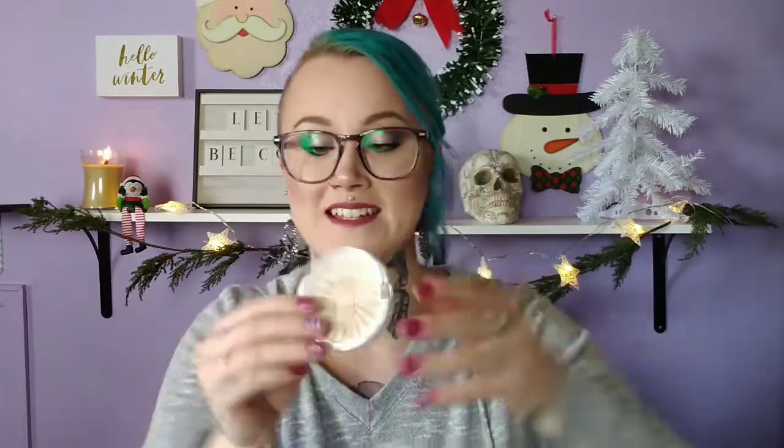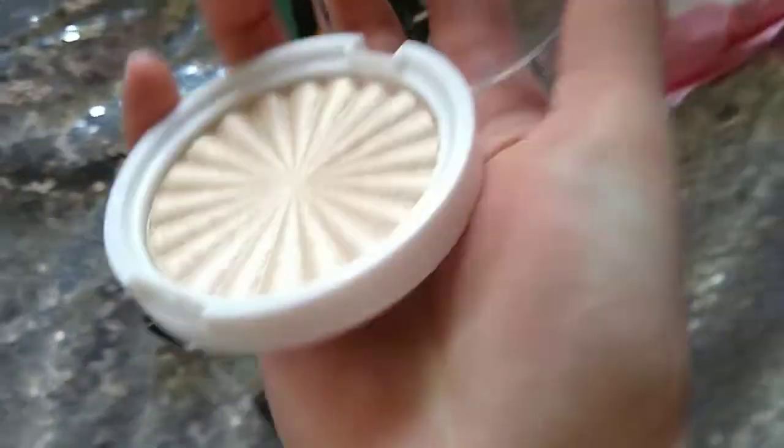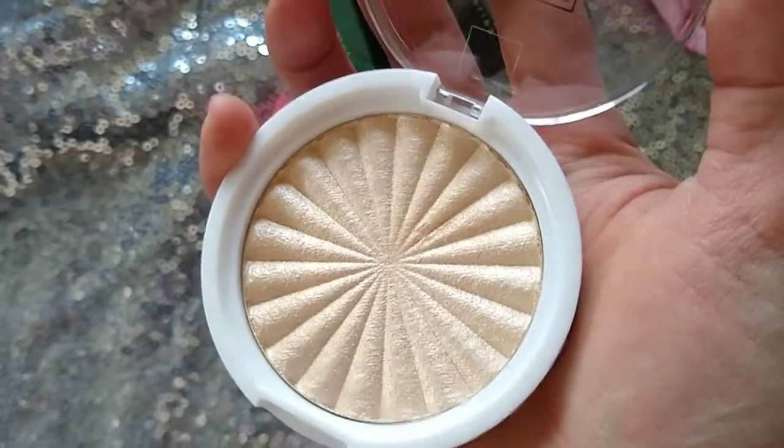You guys get this right here, and this is the highlight in Star Island. I'm pretty sure this is the same exact one that comes in the other pan, and I do have one that is exactly like this. It's so hard to give this away because this highlight is absolutely one of my favorites, and it is gorgeous. So you guys are getting one of these. And that was it. That was in